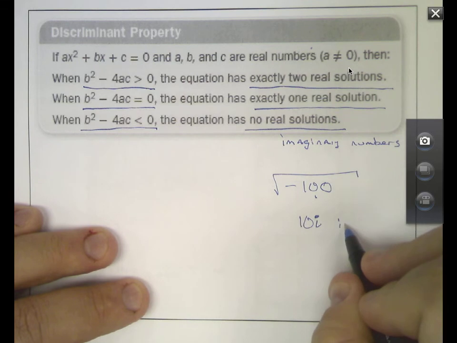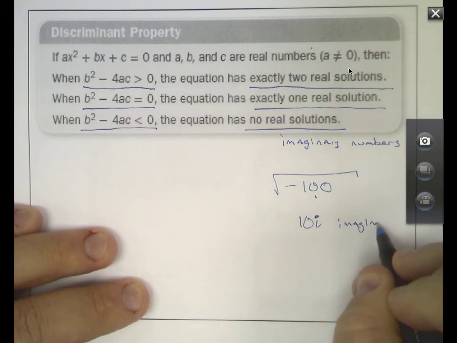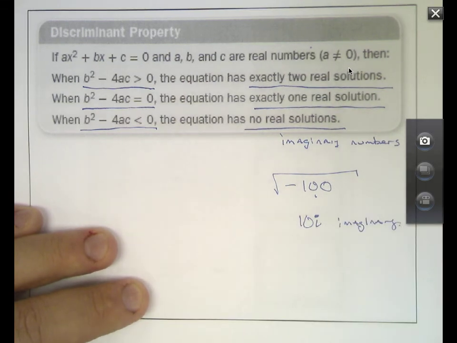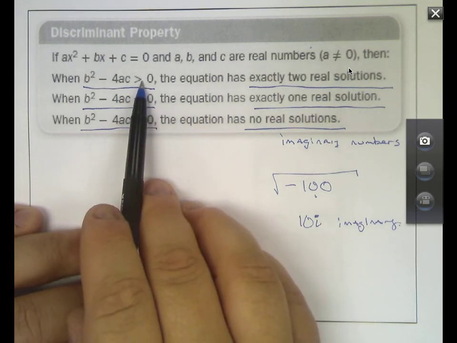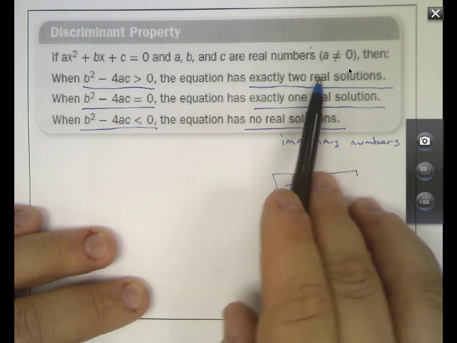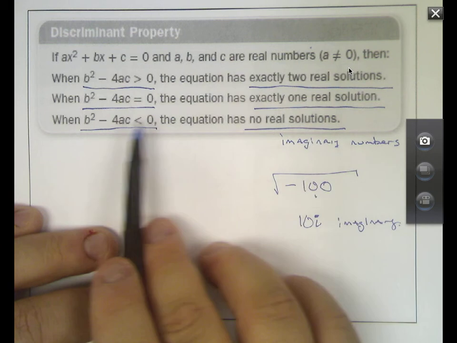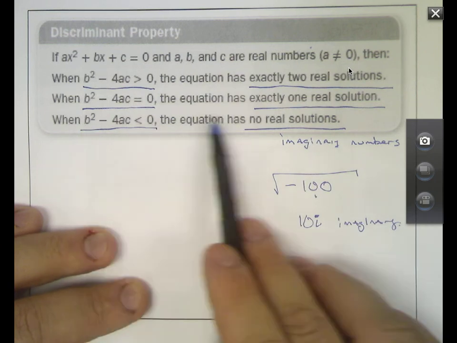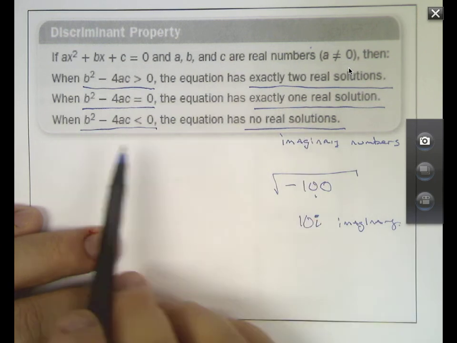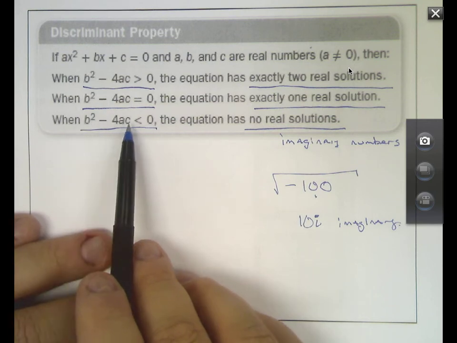Actually, the square root of that is a 10i. I meaning imaginary. But we'll talk about that at a later time. Okay? So, if it's greater than 0, 2 real solutions, equals 0, 1 real solution, and less than 0, no